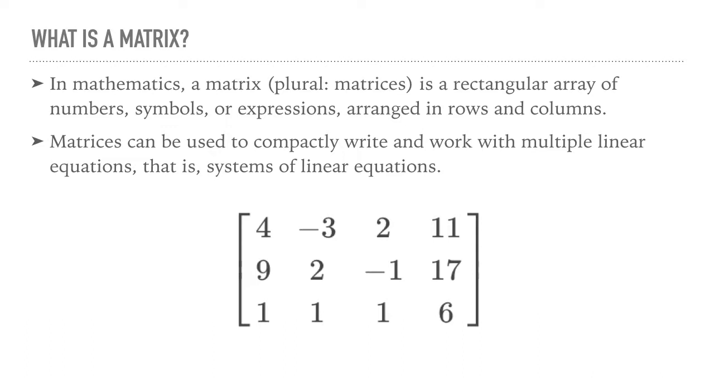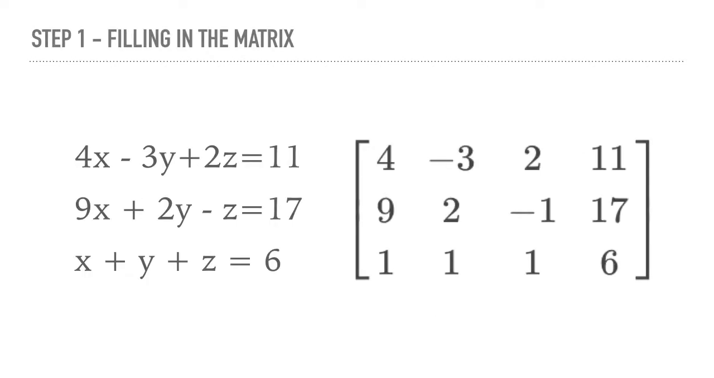As we can see in this example, this is the matrix we're going to be working on. In the first step of solving systems of linear equations, we need to fill in the matrix. The equations on the left are now filled in on the right. So the 4x would be a 4, the negative 3y would be a negative 3, the positive 2c would be a 2, the 11 would be 11, and so on. Basically, we fill out the numbers and ignore the variables for now